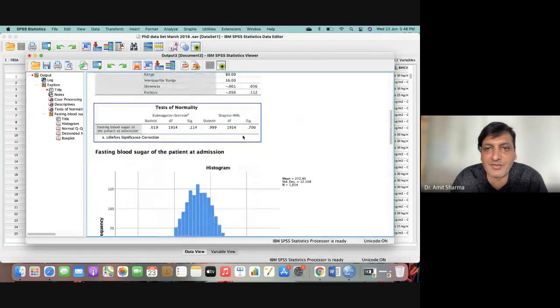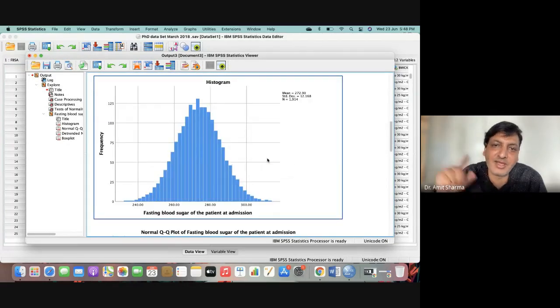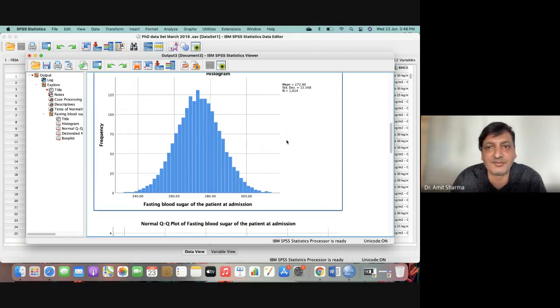I find that my Shapiro-Wilk value is 0.7, more than 0.05. And see how nicely a bell-shaped curve I am getting. So I am eligible for the ANOVA if I want to compare fasting blood sugar during admission with any categorical variable in my study.